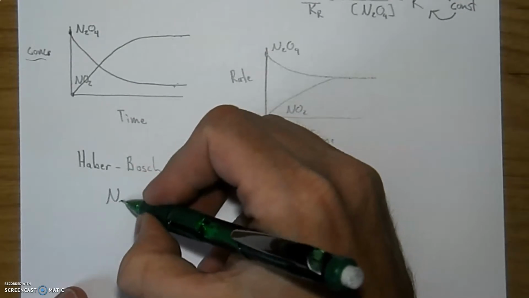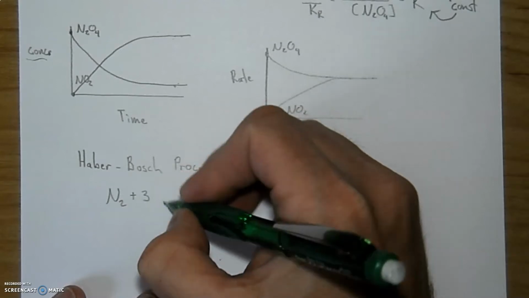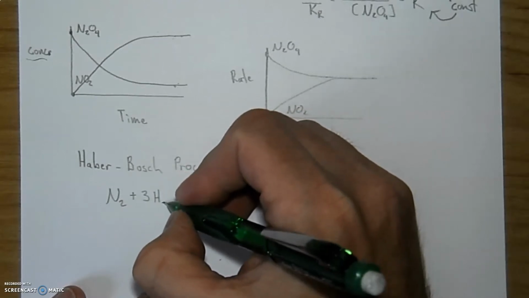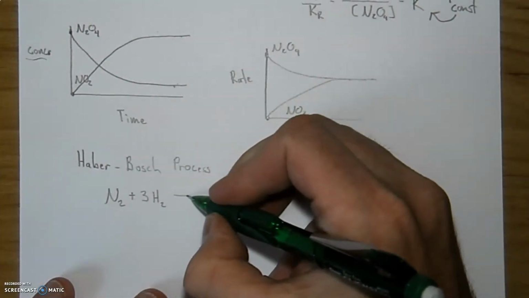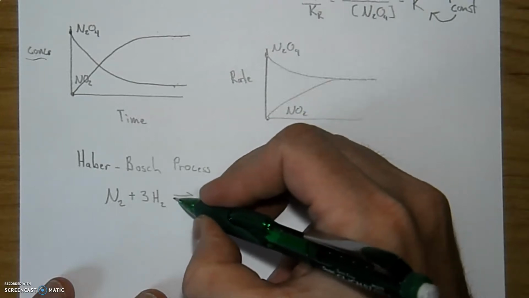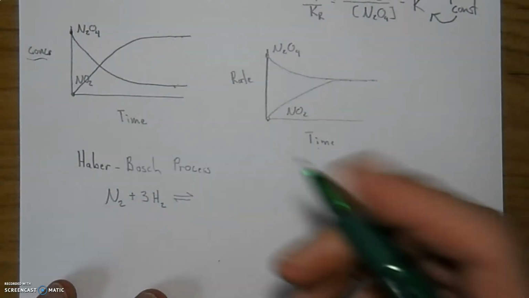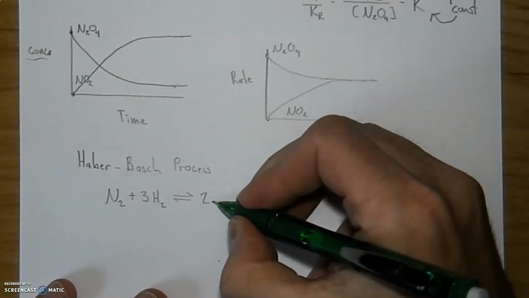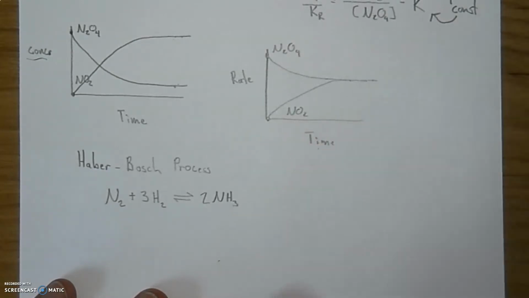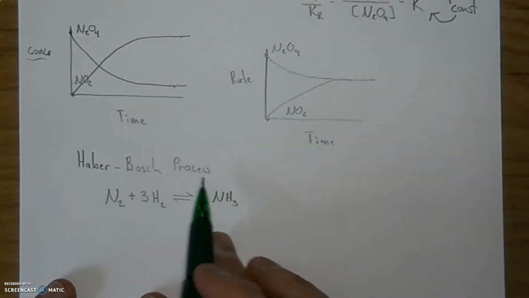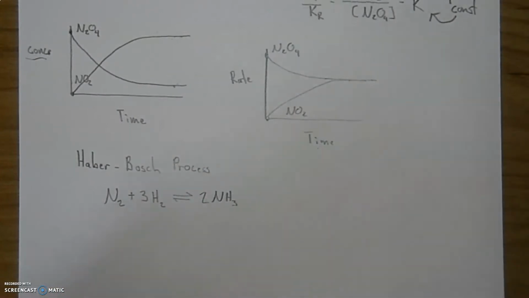What it allows is to take nitrogen gas, which many times we kind of think of as inert. 78% of the air is composed of nitrogen gas, and again, it's inert. We have no use for it. It's essential for plant growth. So, for example, when you put fertilizer on your plants, the big thing you're going after there is nitrogen. And it's necessary, but plants can't utilize atmospheric nitrogen. It has to be fixed. Well, this process allows us to take atmospheric nitrogen and turn it into ammonia, which is available for plant use